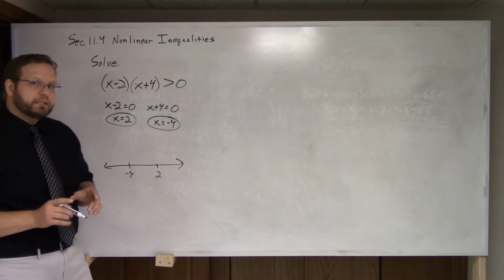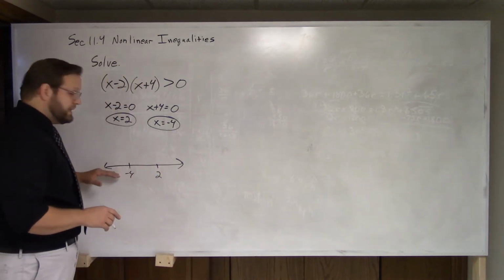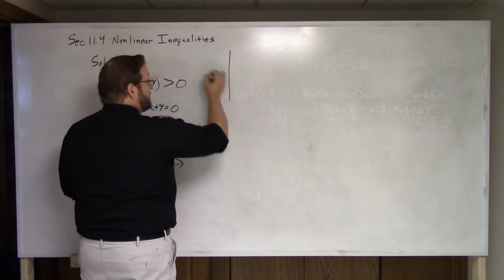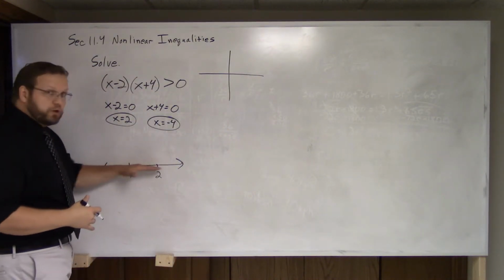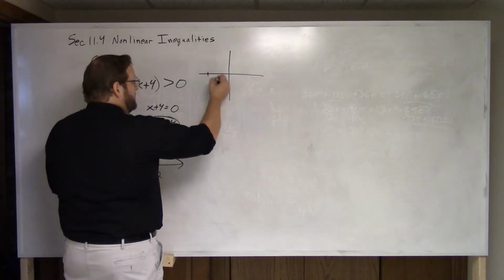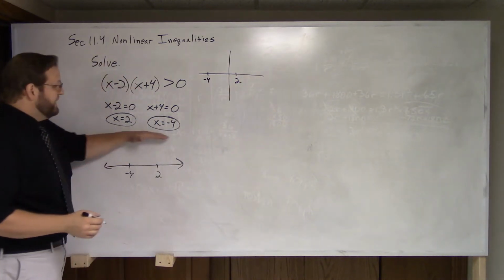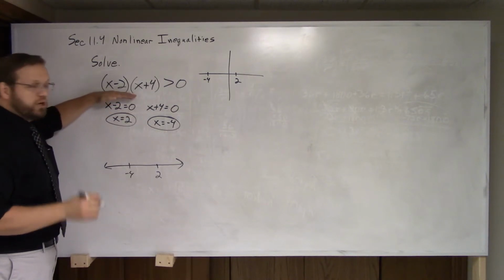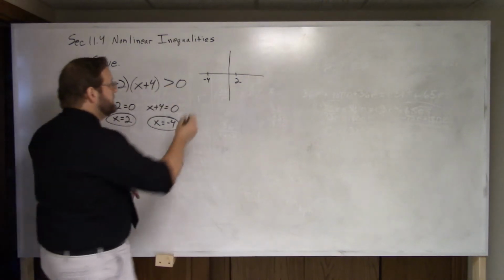Now I said we're going to take a two-dimensional problem and look at it in one-dimensional space. This is a one-dimensional space. A two-dimensional space would be when we have that Cartesian plane, which is the x and y axis. Now this number line we're creating right here, that's your x-axis, okay? If we look at these values, the -4 and the 2, what we're finding here essentially are the y-intercepts of the graph, I'm sorry, the x-intercepts of the graph of this. So we have these 2 points,